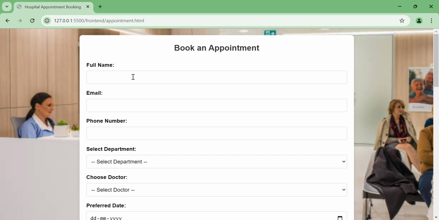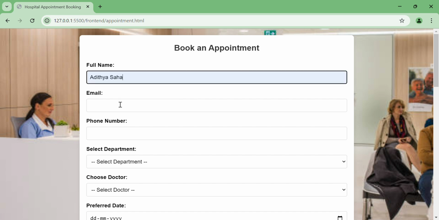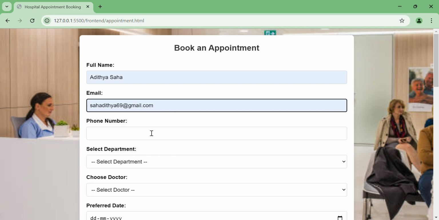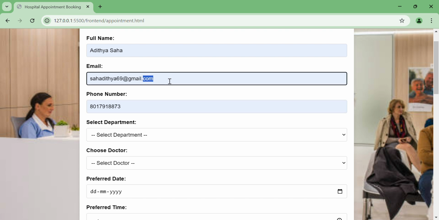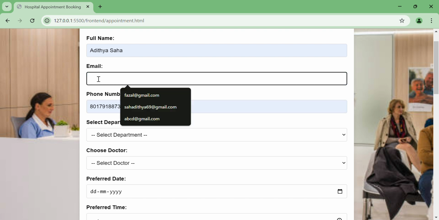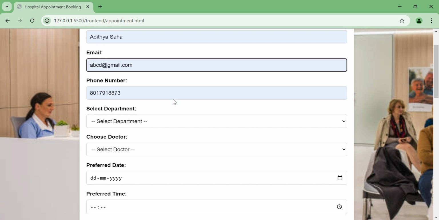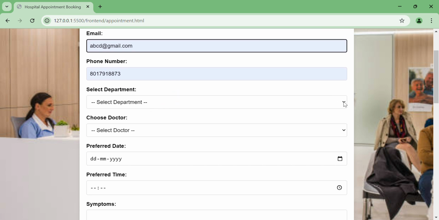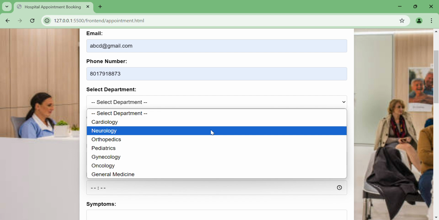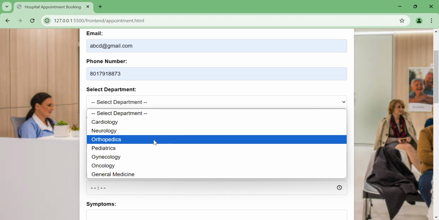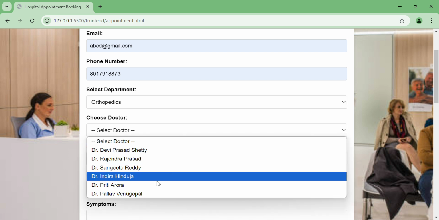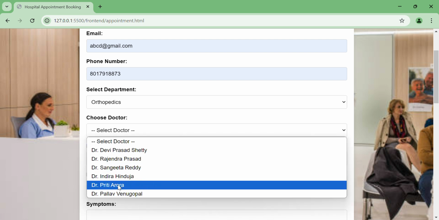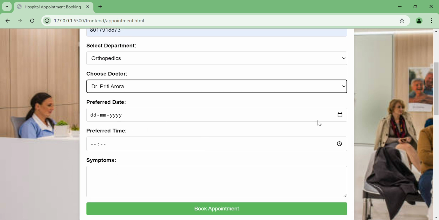So the thing you need to do is put in your name, put in your email, and put in your phone number. Actually, the email was different. Let me just correct it. ABCD. Yeah, there we go. Now let's say I want to see a doctor for orthopedics, and here we can choose whichever doctor we want from that category. Let's say Dr. Preeti Arora,